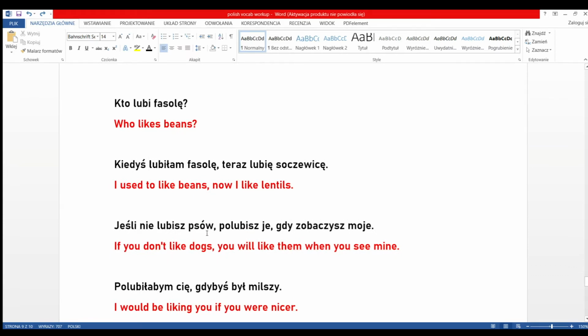Jeśli nie lubisz psów, polubisz je, gdy zobaczysz moje. If you don't like dogs, so obvious, you will like them when you see mine. You will like them. Why will you like them? Because polubisz je. Polubisz je, it means you will like. Lubisz, it means you like. Polubisz, you will like. And if you want to say, for example, you'll be liking them, in a situation where we want to say you will be liking them, we would type here